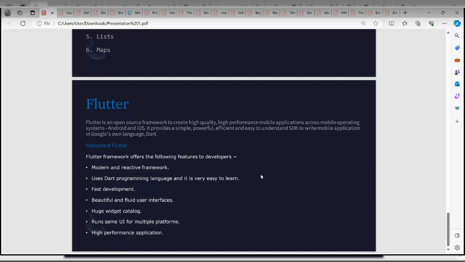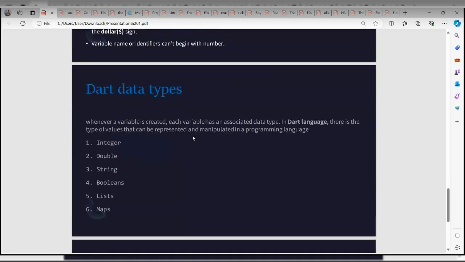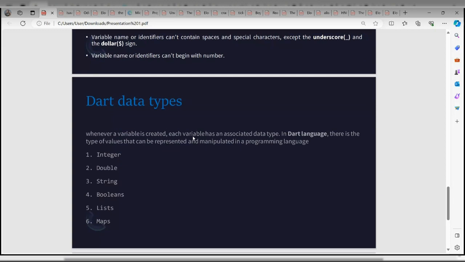All right, Flutter. I think I explained Flutter at the beginning. When someone said Flutter was a programming language, I said something. Can someone remind me? I said Flutter is not a programming language.